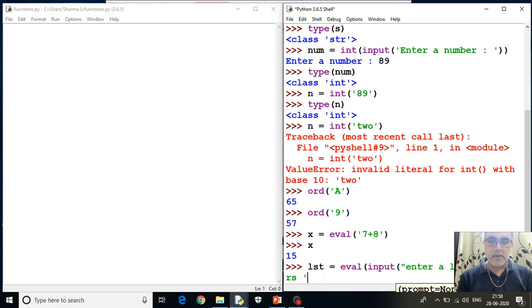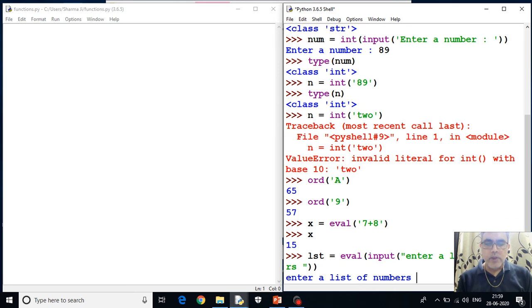Okay, list of numbers. Now the input you are giving in the form of a string, that string will be converted into a list.